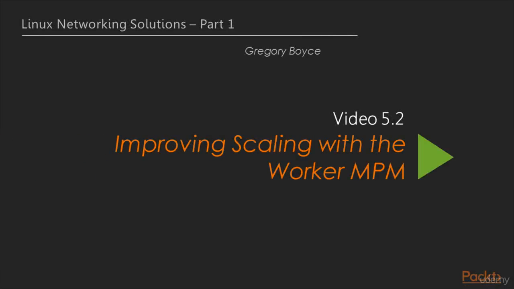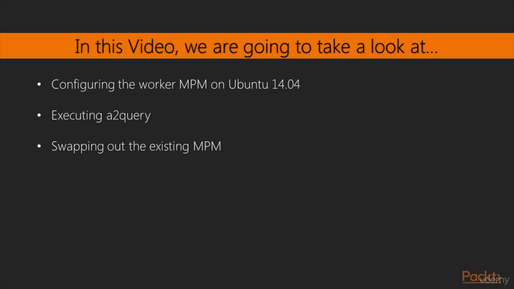Welcome, this is the second video, improving scaling with the worker MPM. In the previous video we saw how to configure Apache with TLS. In this video we will configure the worker MPM on Ubuntu 14.04, then execute a2query and swap out the